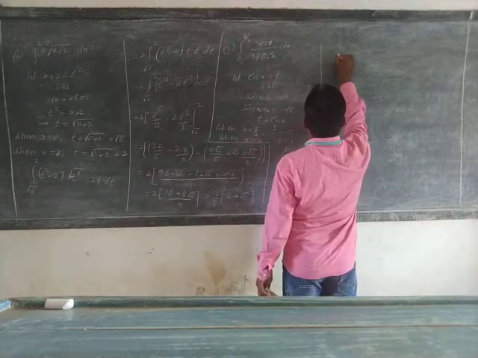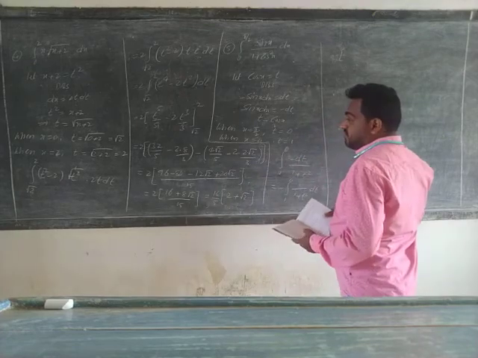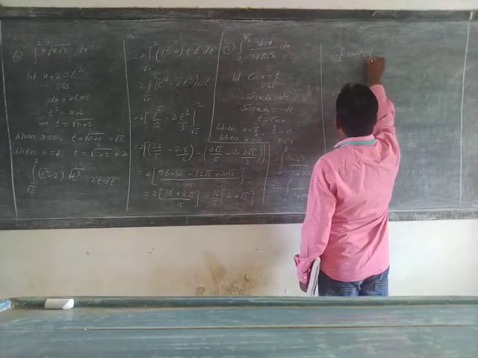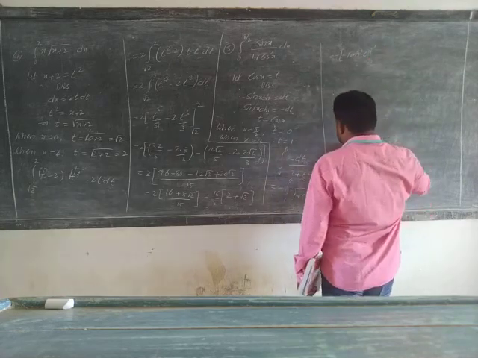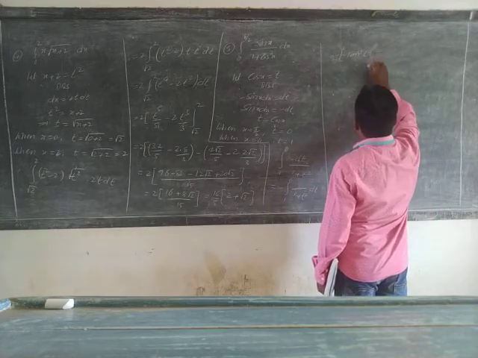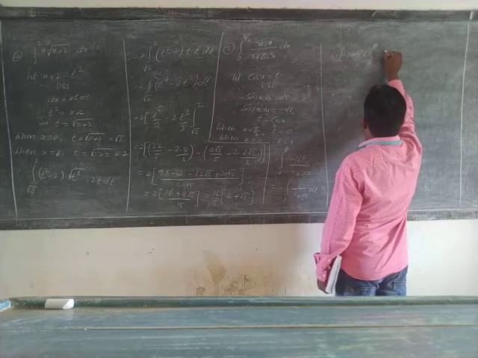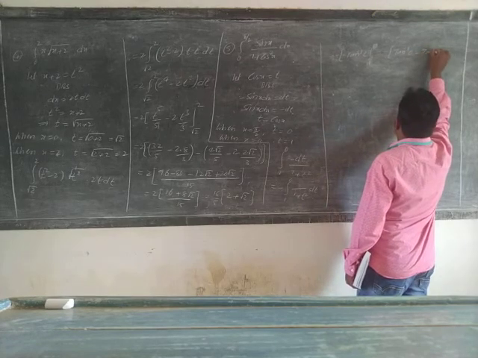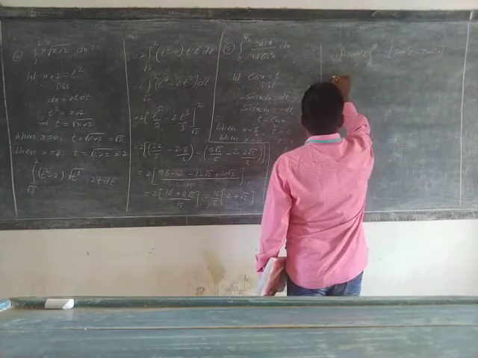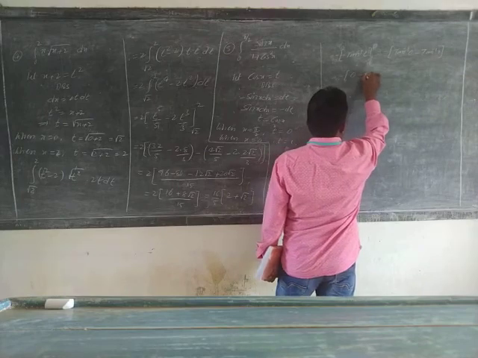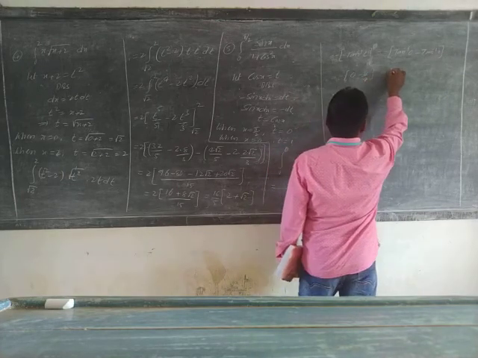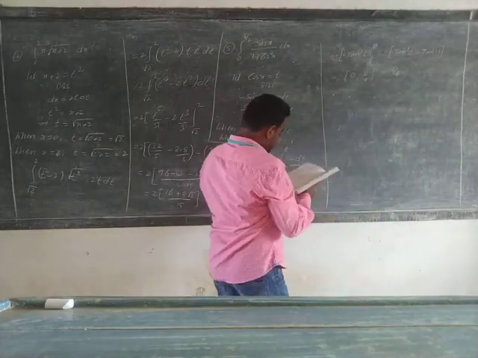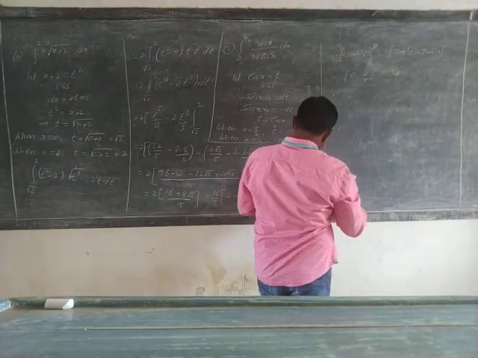That is equal to minus of the integration of 1 by 1 plus x square formula, tan inverse of x. So tan inverse of t, from 1 to 0. Now minus, upper limit tan inverse of 0 minus lower limit tan inverse of 1. This is equal to minus, tan inverse of 0 is 0, tan inverse of 1 is pi by 4. Minus into minus, plus pi by 4 is the solution. Now, the sixth question we need to solve.